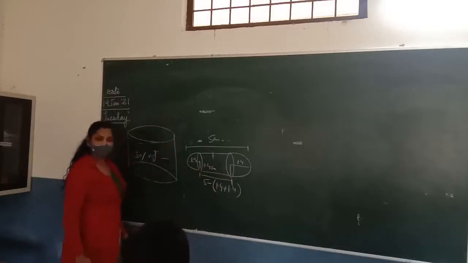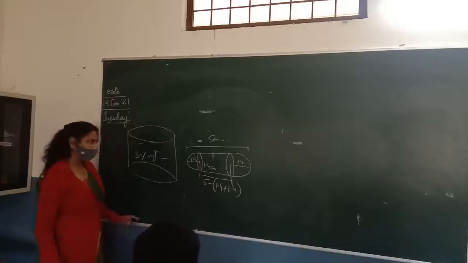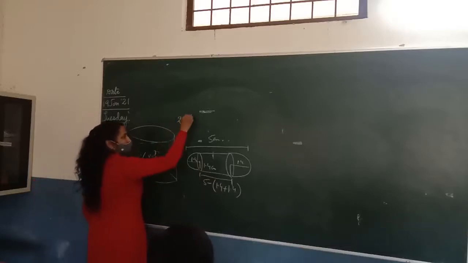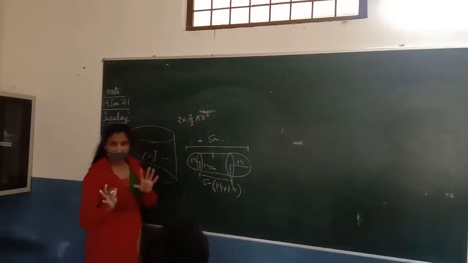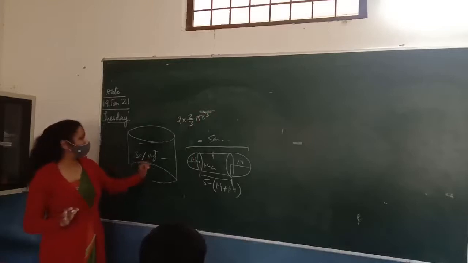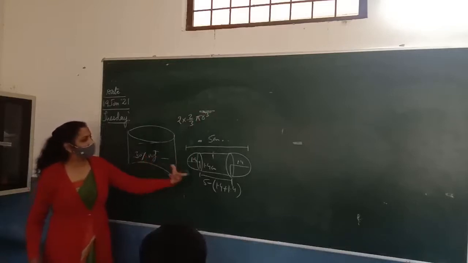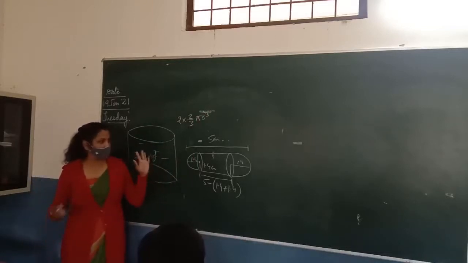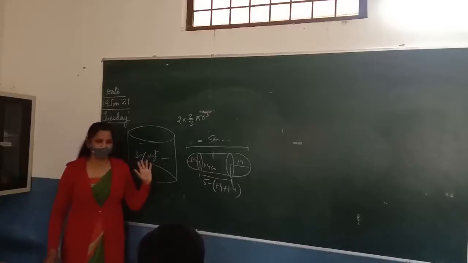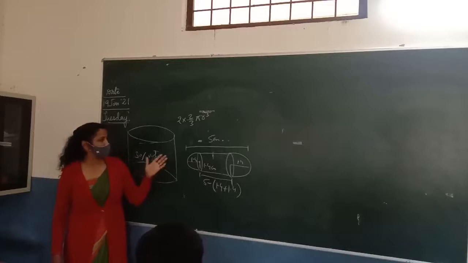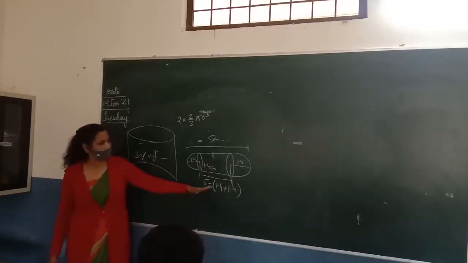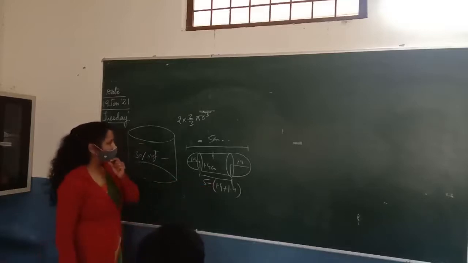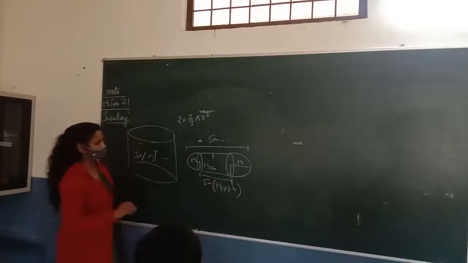So what is the volume of hemisphere? 2.5. Good. So the two hemispheres should have the volume 2 into 2 upon 3 pi r cube. For every question you should always write the values which are given in the question, like what is the radius of the gulab jamun, what is the length of the gulab jamun. First of all write all the values given in the question, because questions of mensuration are coming for 2, 3, even 5 marks, of surface area and volume. So always write properly, accurately.